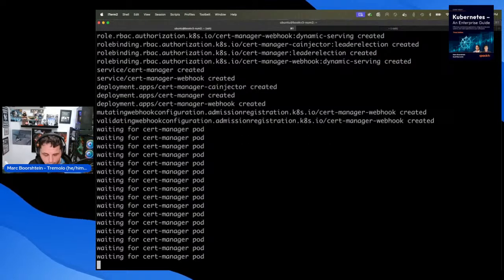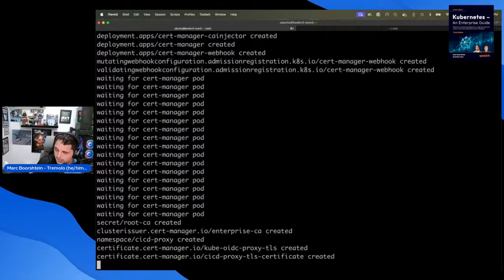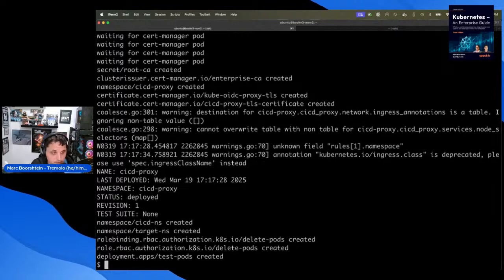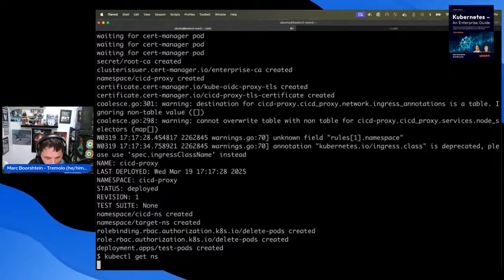And this can take a hot second, unfortunately. But once this is run, then we're going to run a job that is actually going to connect to our API server as a user through our proxy. So like if I do kubectl get namespace here,